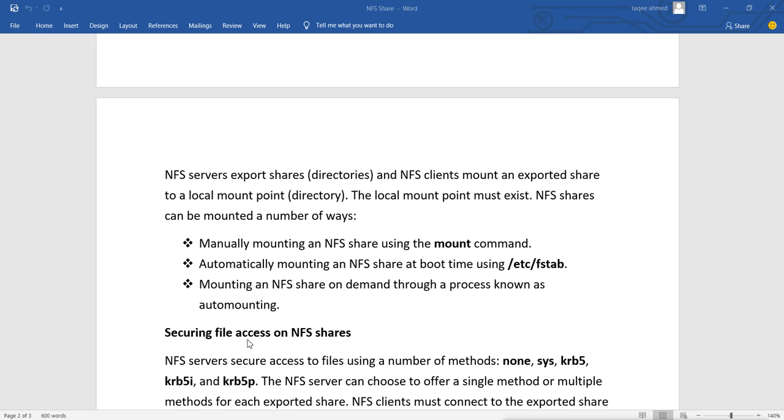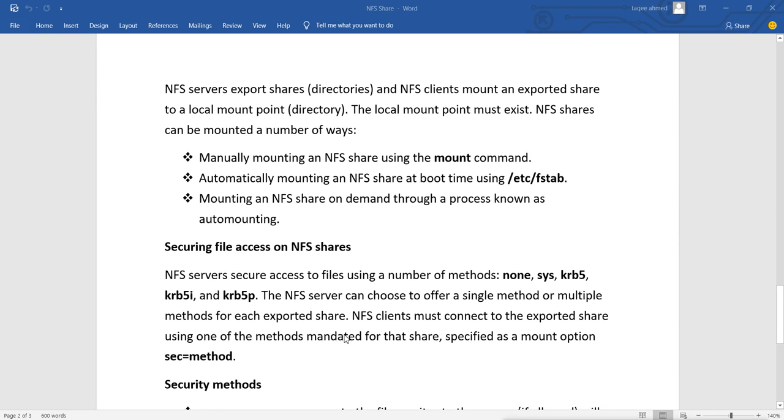Now, securing file access on an NFS share, how is it going to be secure? NFS servers secure access to files using a number of methods: none, sys, krb5, krb5i, and krb5p.